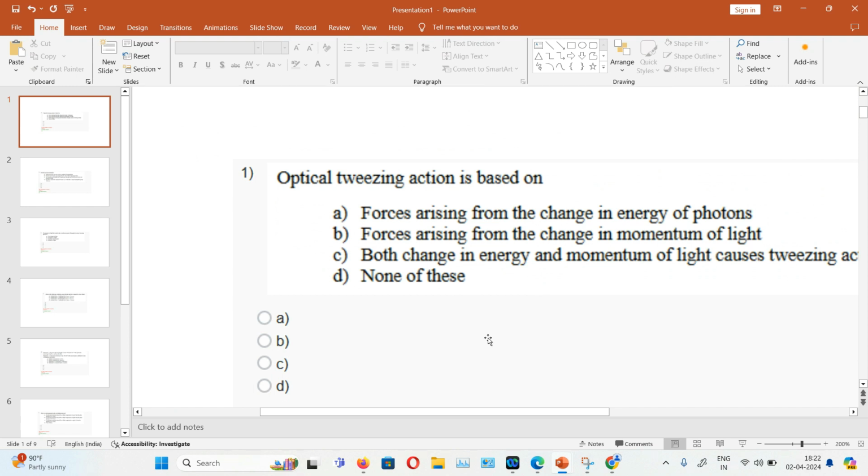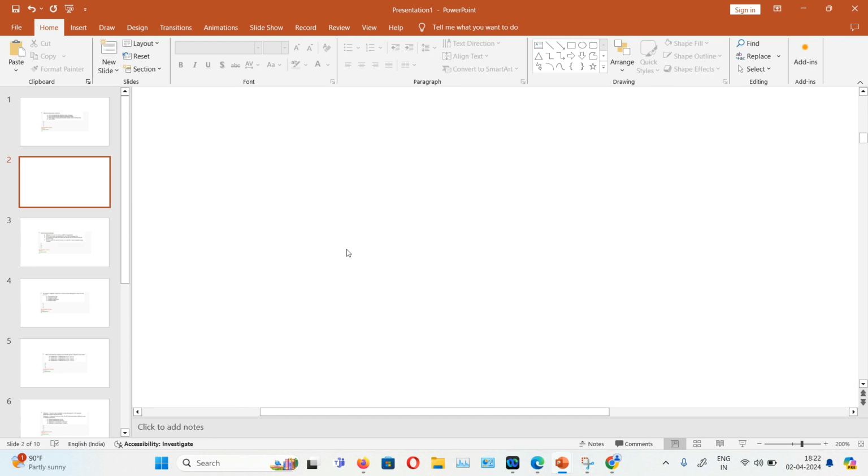Okay, so we'll see how an optical tweezer works. So we already saw what we want. Now we want